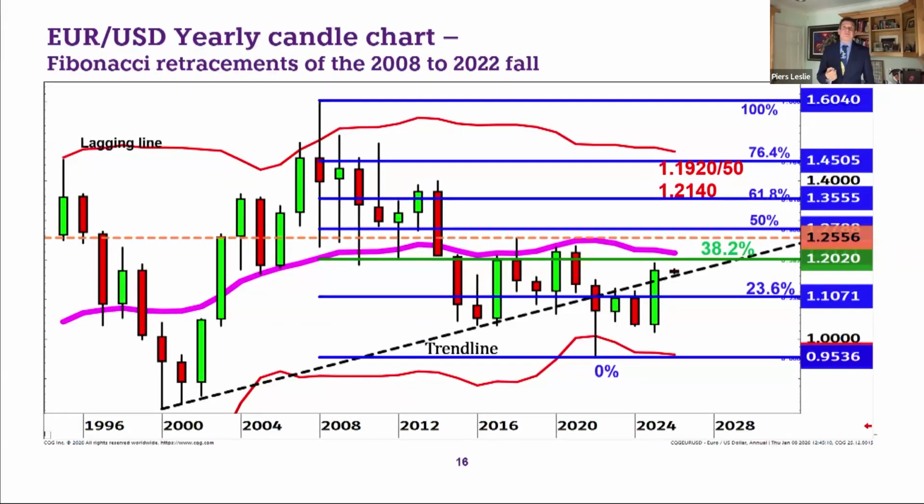So this is euro dollar. So this is euro dollar yearly candle. And if you look at this, we're looking at the fall from 160.40 down to sort of the 0.95 area and the retracements. Now, the first thing that stands out is last year's candle, because it's inverse of the dollar index, basically. Euro dollar makes up the biggest part of the dollar index. So here we've got a reversal pattern on the downside, which suggests price action will try to the top side.